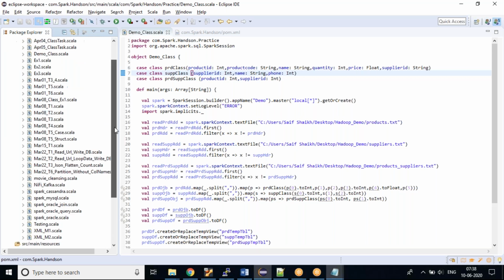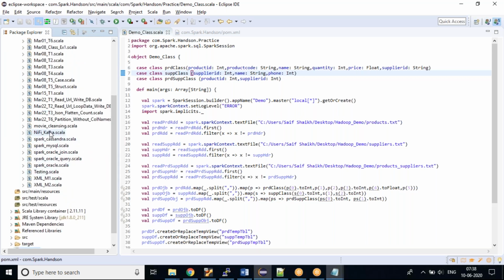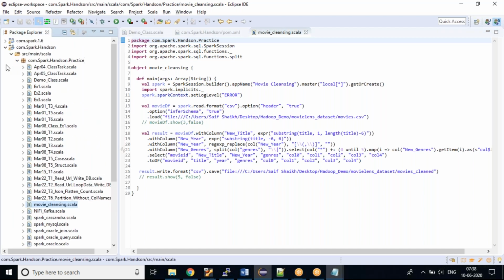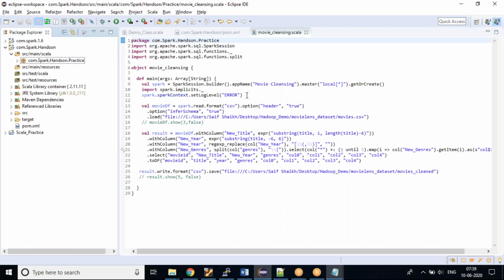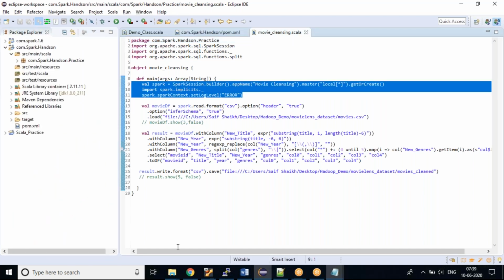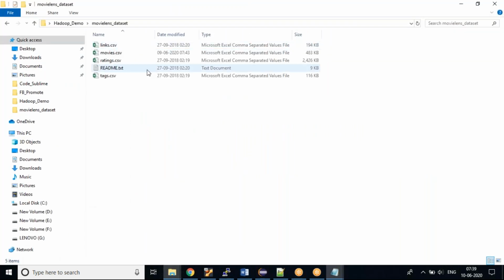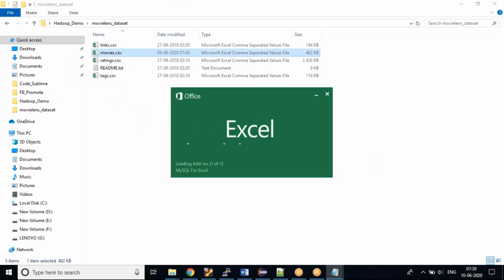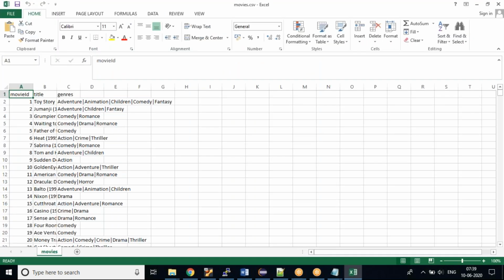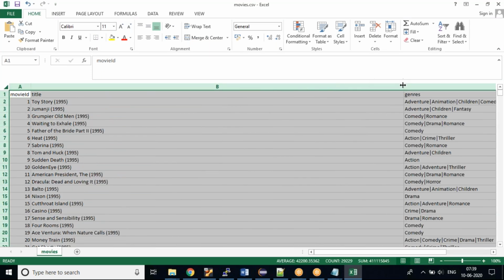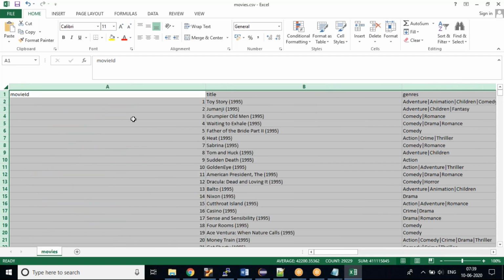If you see this, this is the code. Again, I'll first explain the scenario. This is the movies file. I have done this using Eclipse, that is the on-premise coding, and AWS coding. I've used both methods.